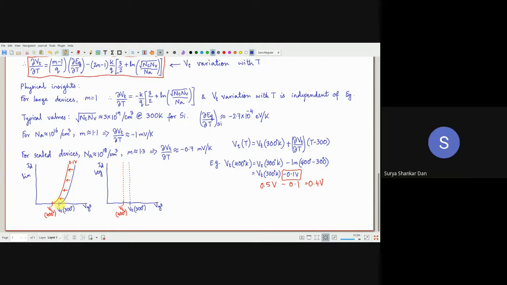No. Just notice this. So this is our original VT. This is the new VT with the temperature reduction. So this is again 0.1 volts. Only thing I have changed is instead of plotting everything on the linear scale, I have plotted on the log scale. As I discussed in the subthreshold slope lecture, this is in the linear scale. So this is essentially varying in microampere order. So I can put microampere here, and here I can put the volts, because this is also linear, right? So this is volts.